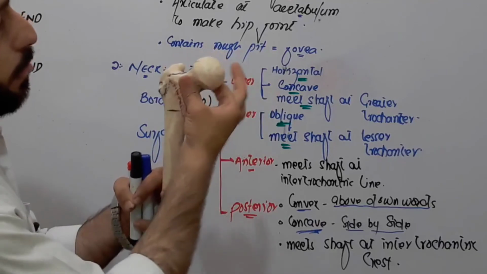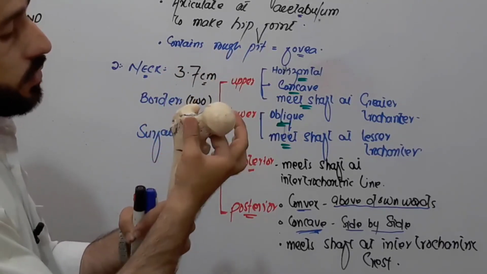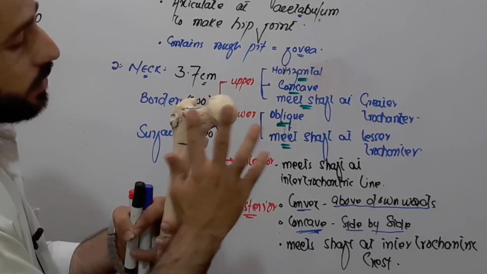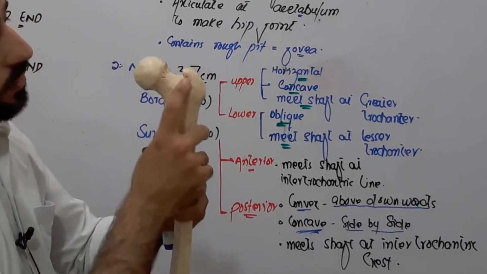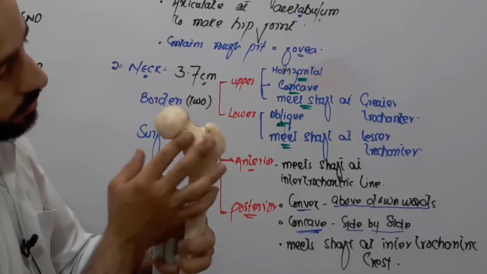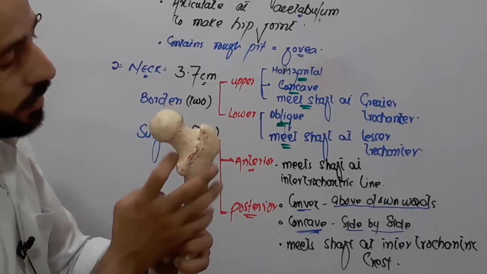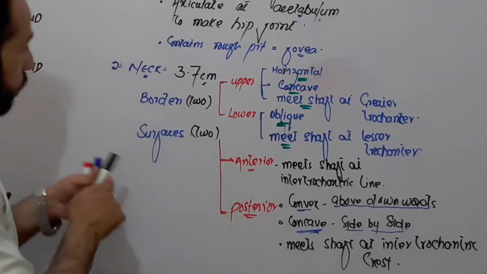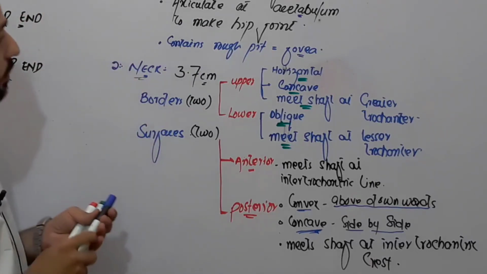So this is the head, this is the neck. The neck has two borders and two surfaces, upper border and lower border, anterior surface and posterior surface. Anterior surface meets the shaft at the intertrochanteric line and posterior surface meets the shaft at the intertrochanteric crest, and the posterior surface is convex above downward, and concave side by side. Right, friends, then we go, this was about the neck of the upper end of this